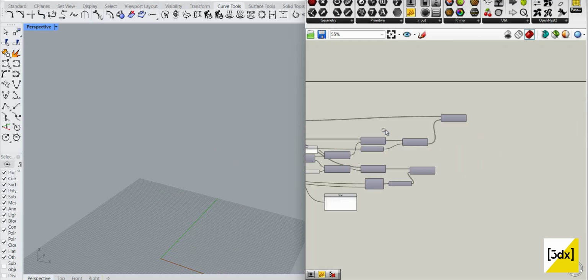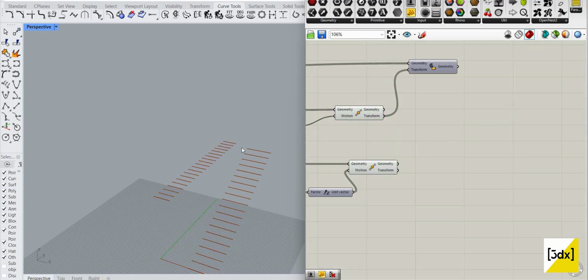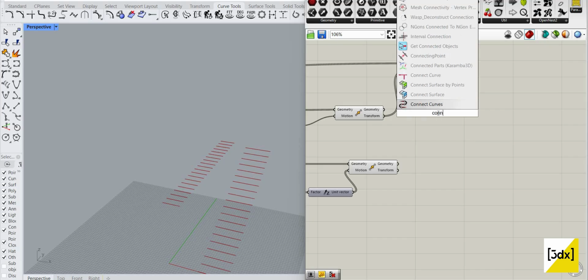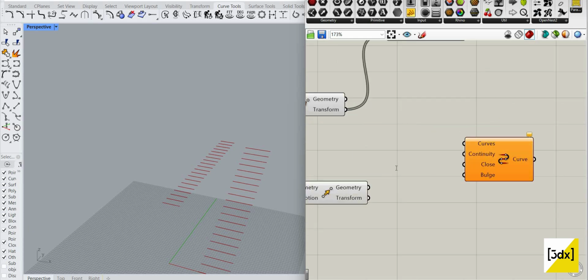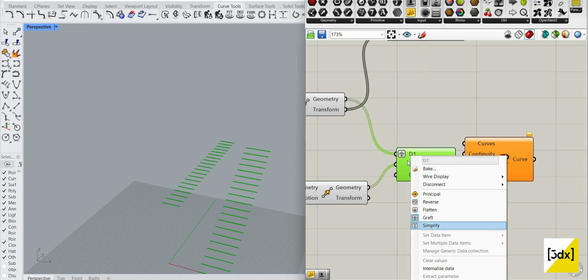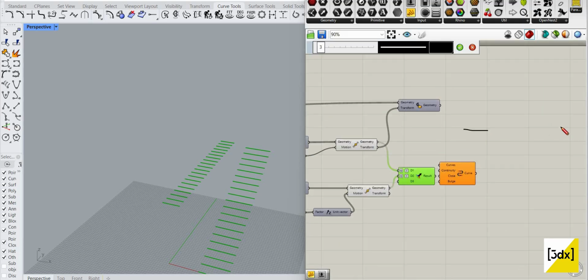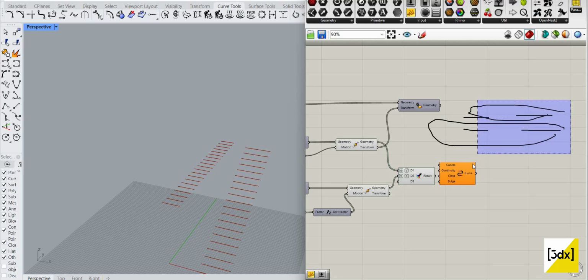So now we need to take this and connect these two curves, and we got the structure. Okay, what I'm going to do is connect the curve. Yeah, connecting curve. So let me try this merge, graph simplify. What it does is it takes the starts and ends, so these two are in one single branch, and the same way the start is and these are in one single branch,